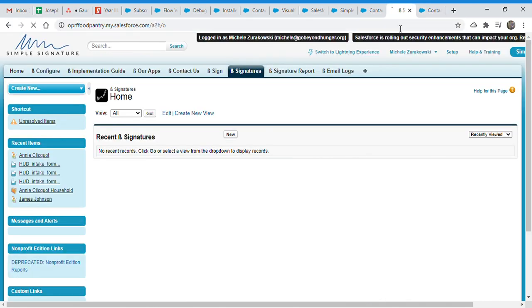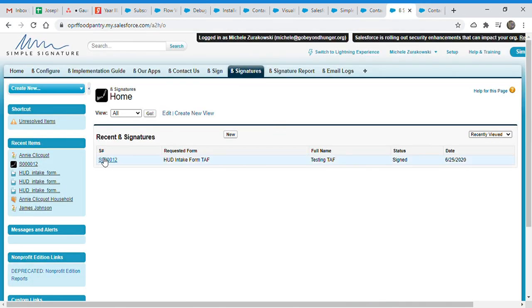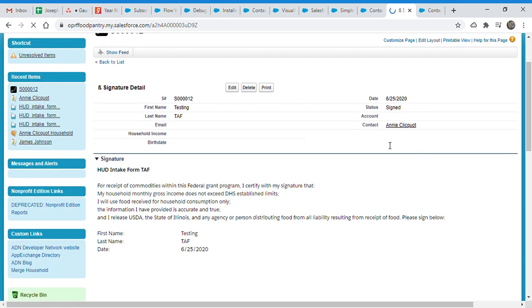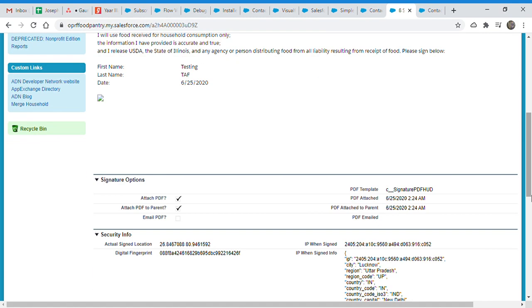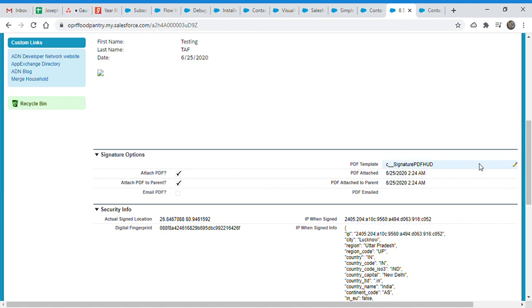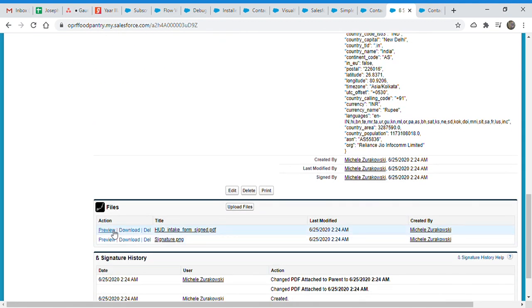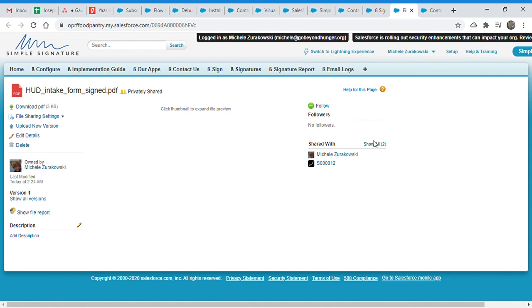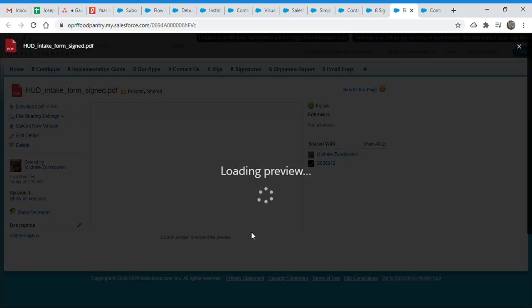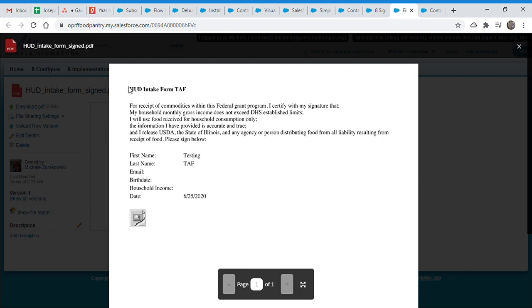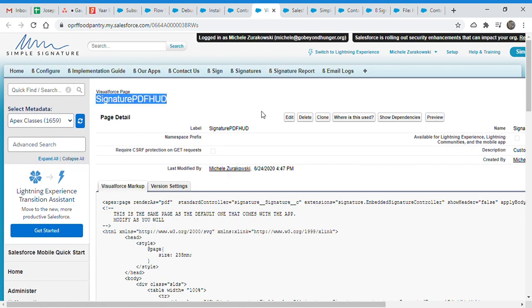in the video. But maybe this time it happened. So this is the signed one. Obviously, we cannot see the image. So this PDF is signature PDF HUD, and let's see if this is our. Yeah, you see, this is. I think the page I'm using is signature PDF HUD,